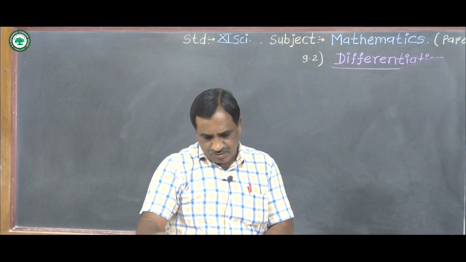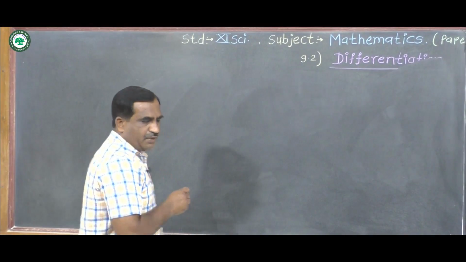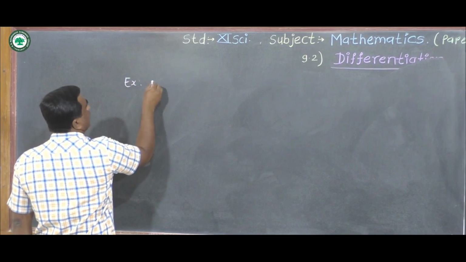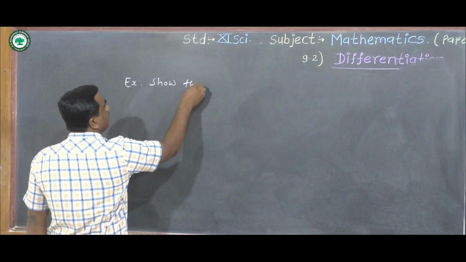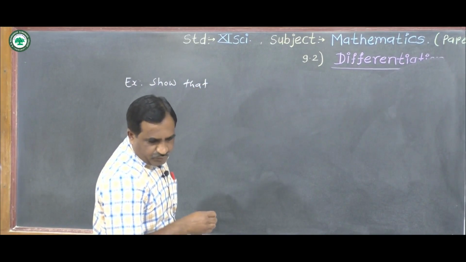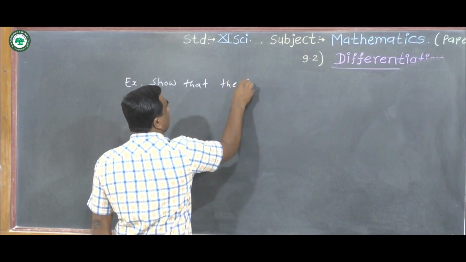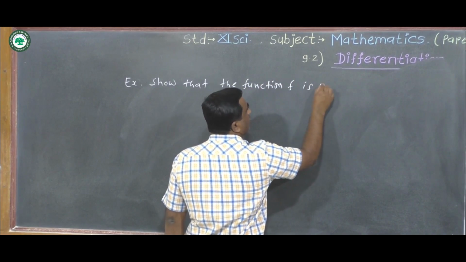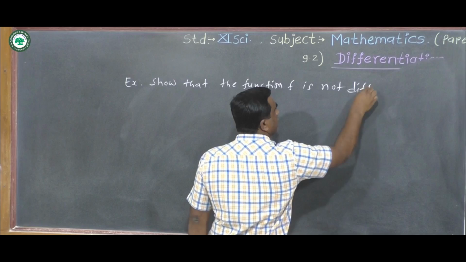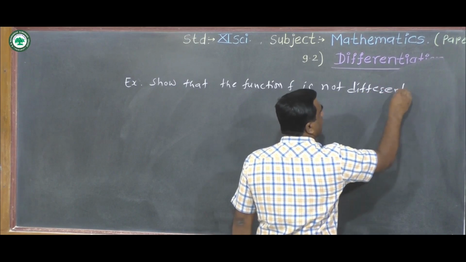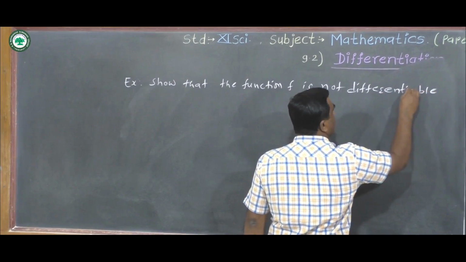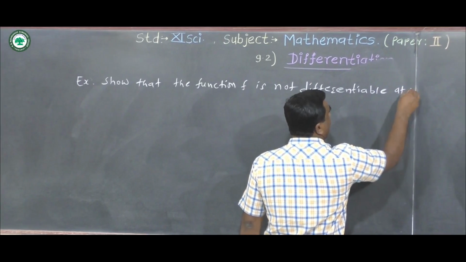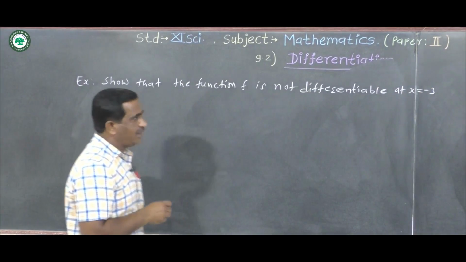Now the first example is: show that the function f is not differentiable at x equal to minus 3, where